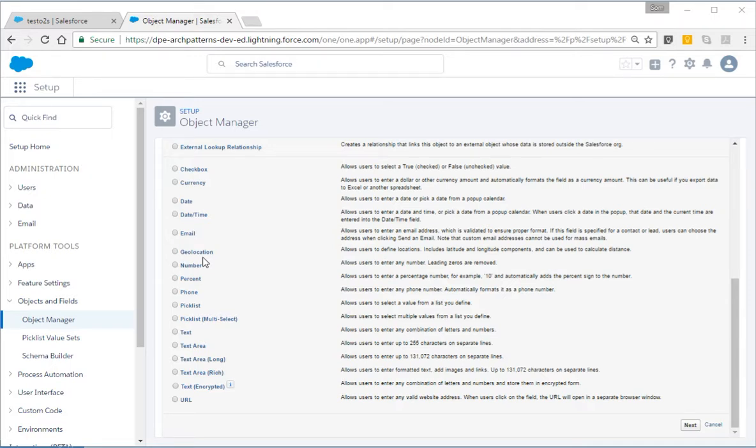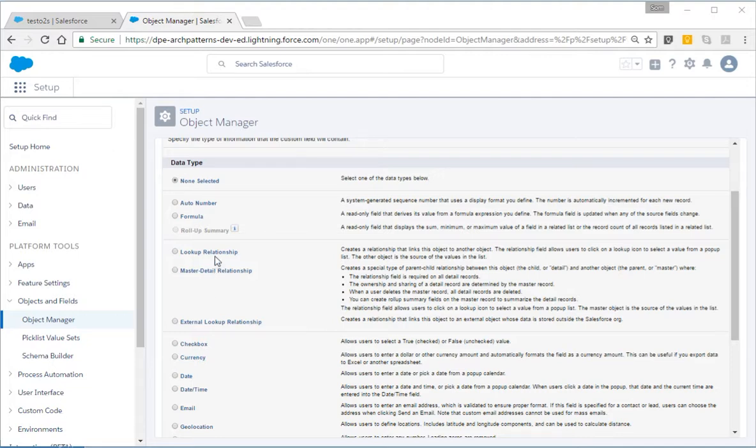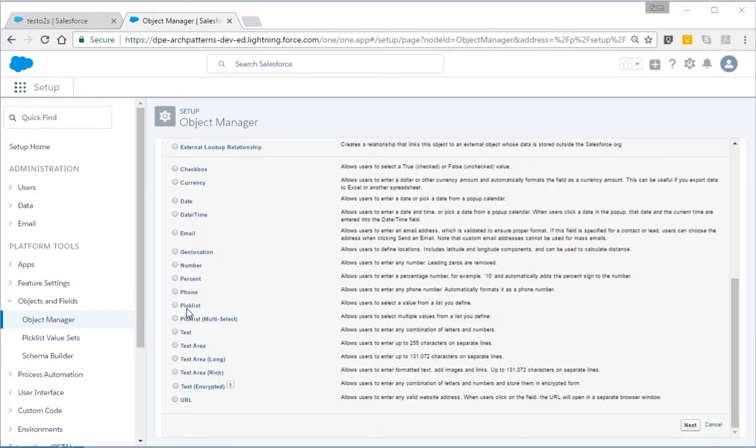Here we could determine what should be the values, as opposed to up here coming from a lookup table. Pick list, we add what we expected, and this next one is the multi-select pick list. I believe with this pick list you can make them global, so you don't have to recreate the same pick list again and again. Text area long, and URL. For example, if we look at this URL or email,